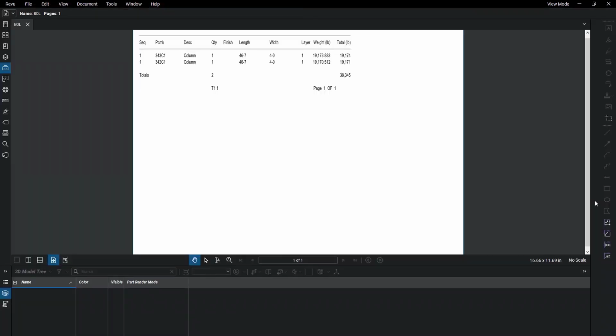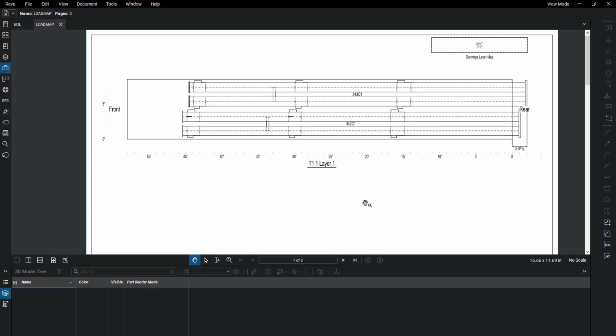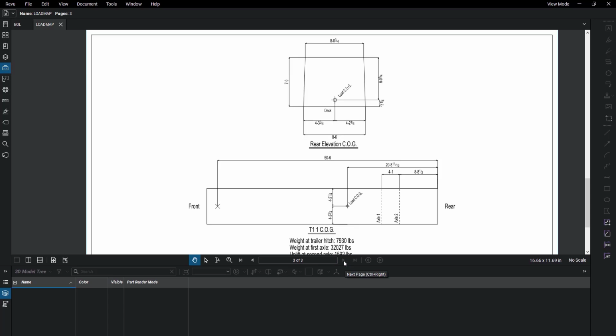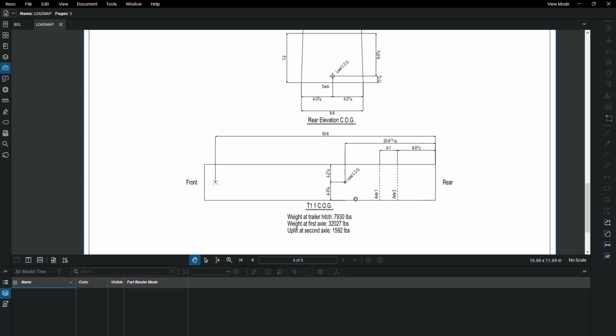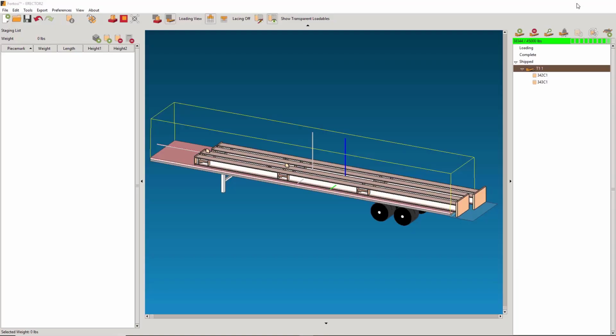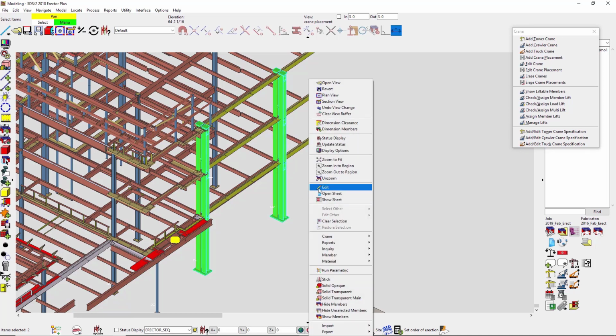Now the bill of lading is just going to tell me the pieces of steel and the description that's on there. And then my load map will show the load map of the actual trailer, an ISO of that trailer, and also an elevation view, the weight at the hitch, the weight at the first axle, and the second axle. So again, I'm doing a really, really brief overview of Fortosi, but it kind of just fit into my flow here. So now that I have those two loaded on there,